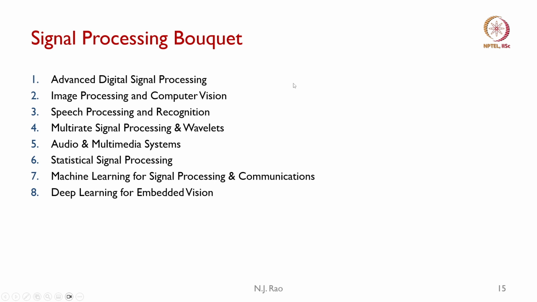Now, having given the same set of courses, you can also add another bouquet called signal processing bouquet. We have already done two signal processing courses. In signal processing, you have to worry about communication as well as any hardware implementation. So, to that extent, electronics and communication core courses still become relevant, but you can have a bouquet like this: advanced digital signal processing, image processing and computer vision, speech processing and recognition, multi-rate signal processing and wavelets, audio and multimedia systems,